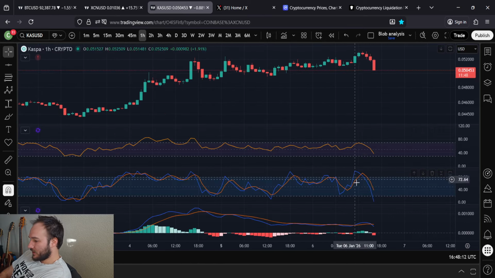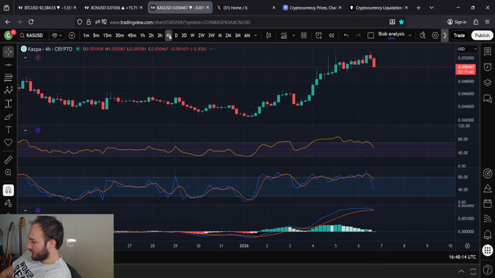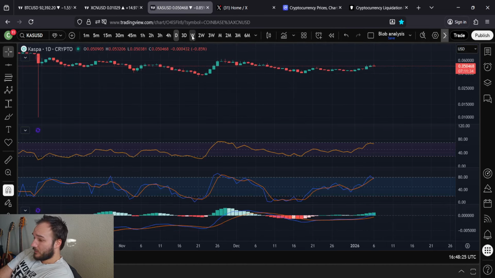1 hour, yeah, rejecting the overbought zone. You look pretty bearish here. The 4 hour time frame, you also look bearish. You're just flipping this red now. You had some bearish divergence as well, bearish divergence on your RSI. So yeah, I think we're spot on with that. 4.6, 4.7 cents, maybe 4.5 cents, somewhere around there. And then we should move up from there.